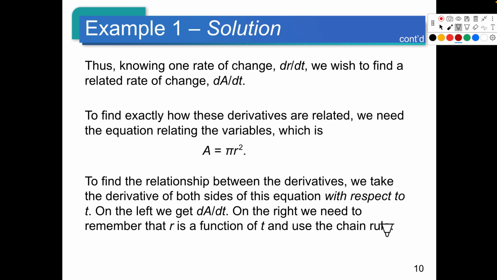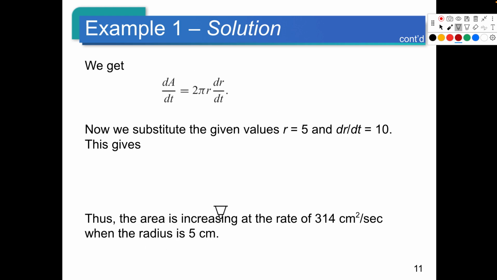And again, they talk it out. They finally got to the equation here, right? They're going to take the derivative of both sides so that they can get the ADT. So this is where we really started. We got here pretty quick. But again, there's all the words there that sometimes could be helpful. We substituted in our values, so this is kind of it in slow motion. We put in our 5 and our 10, and